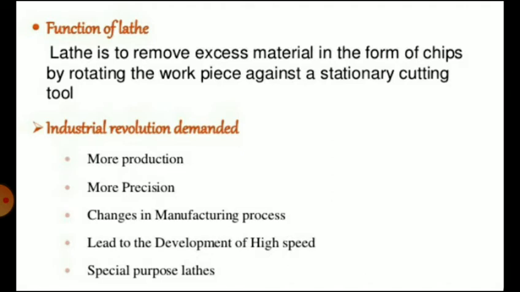This is done by holding the workpiece securely and rigidly on the machine and then turning it against a cutting tool, which will remove the metal from the work in the form of chips. To cut the material properly, the tool should be harder than the material of the workpiece. It should be rigidly held on the machine and it should feed or progress in a definite way relative to the work.